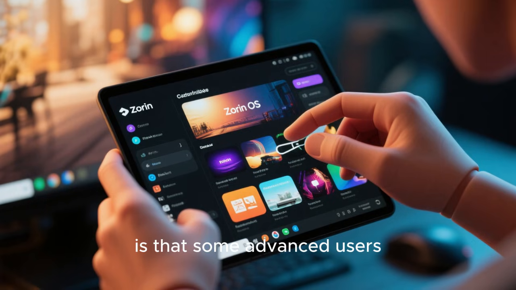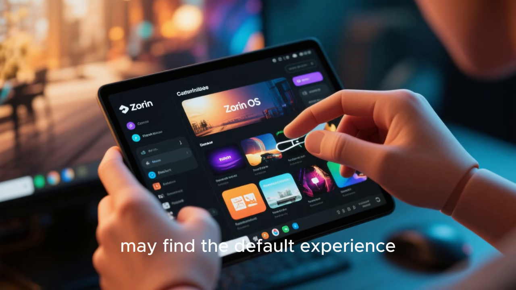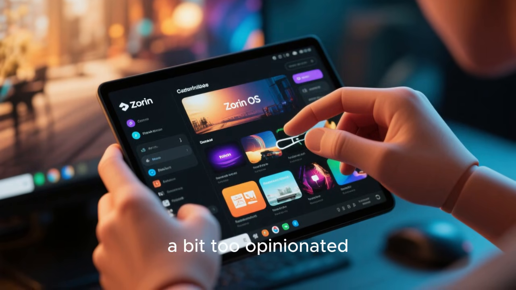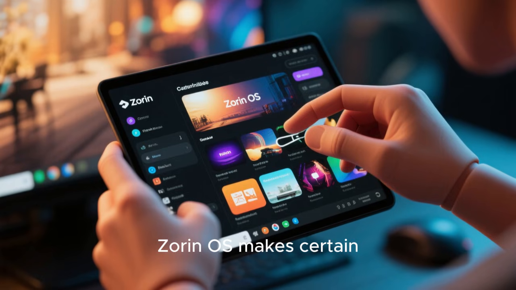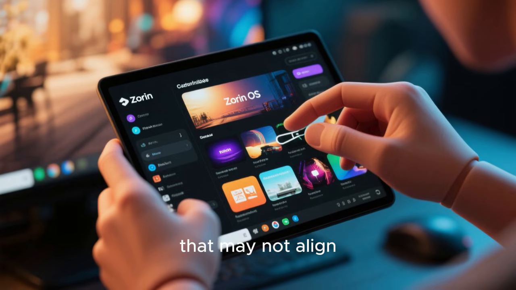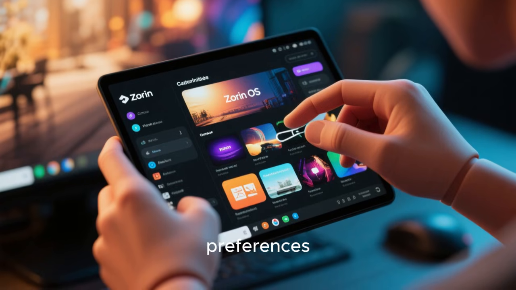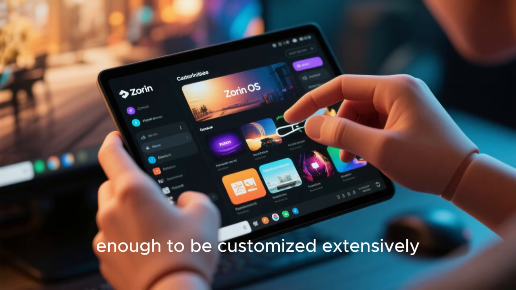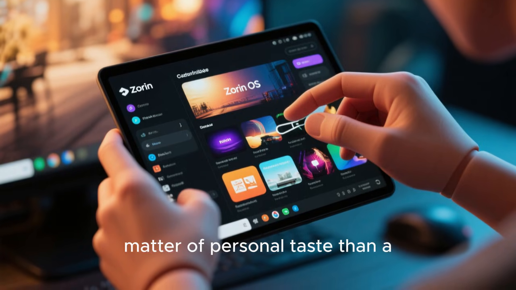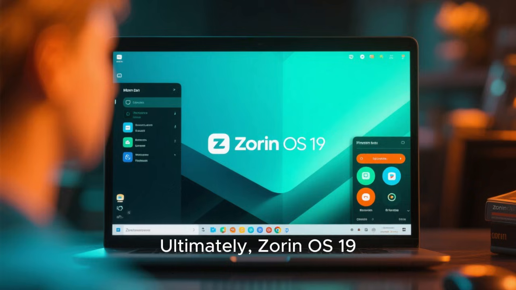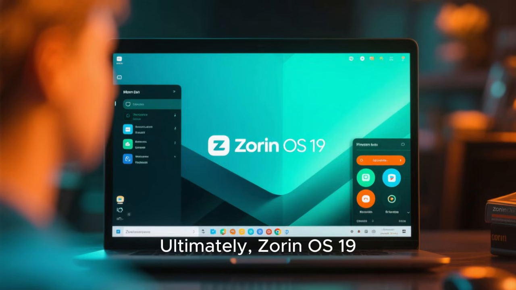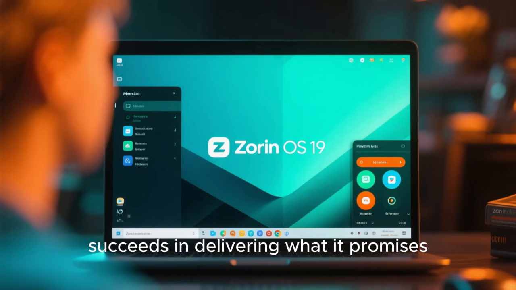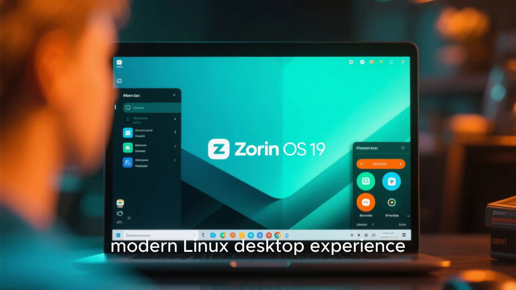Another consideration is that some advanced users may find the default experience a bit too opinionated. Zorin OS makes certain design and workflow choices that may not align perfectly with everyone's preferences. That said, the system is flexible enough to be customized extensively, so this is more a matter of personal taste than a serious drawback. Ultimately, Zorin OS 19 succeeds in delivering what it promises: a stunning modern Linux desktop experience